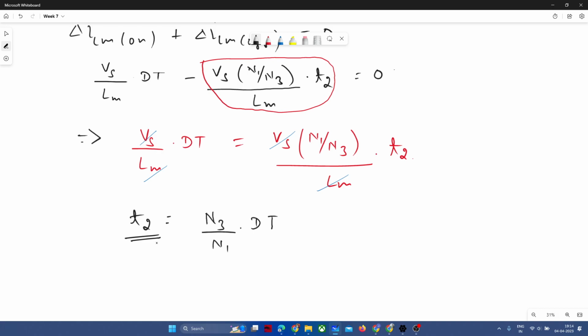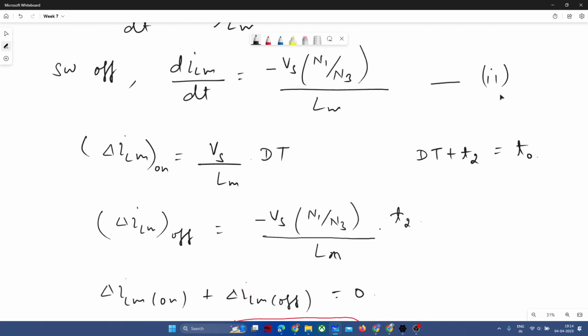But sir, this turns ratio effect you are taking in the voltage term, no? Yes, but turns ratio comes in voltage, current, everywhere, and this is just a manipulation of the equations. That is what I am going to conclude after this derivation: when this condition is satisfied, then your magnetizing current will fall to zero quickly. And if you observe from the circuit as well,